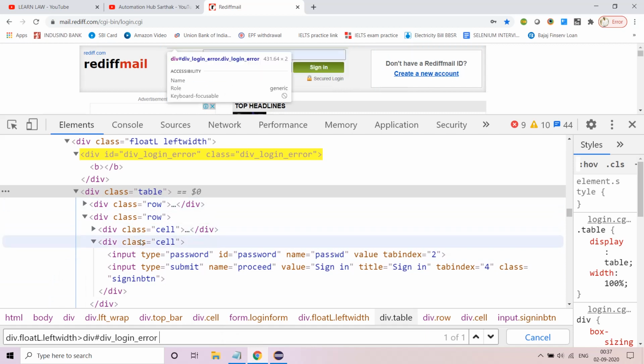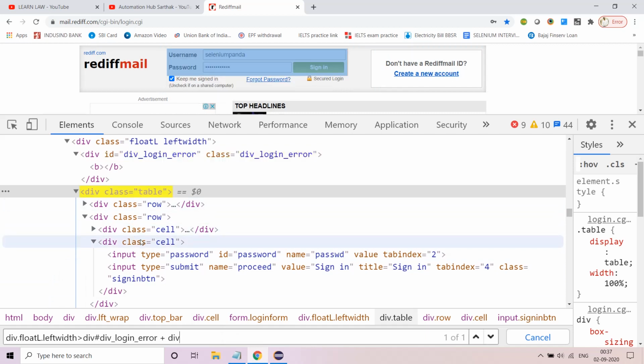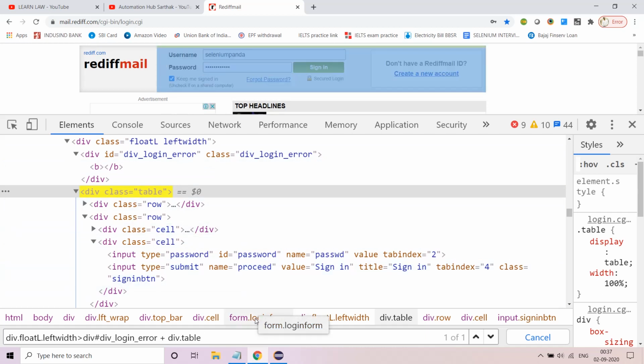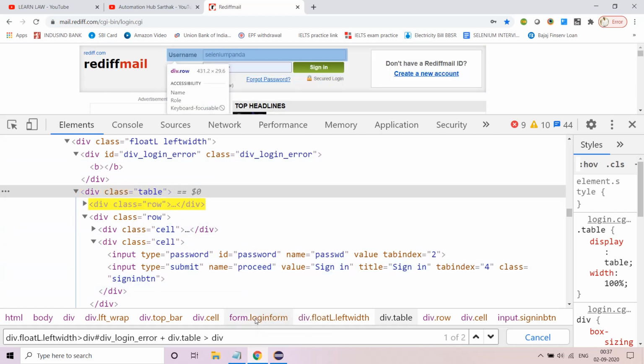It's very simple. You just add plus div and that's it. It will come. You can give div dot table. Works fine. No problem. Now you can come to this one. You can write div colon nth minus child, and you can come to the first part.